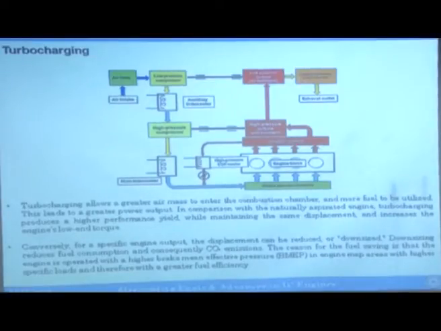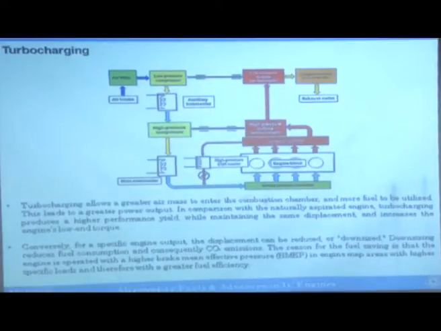So, now the effort today is to downsize. Downsize means somehow reduce the engine size, pack the same amount of energy, and the package smaller in terms of weight and volume. If the volume is small, you will be able to do other things inside your bonnet very easily, right. That is why the earlier engines used to be very bulky, but if you look at any powerful SUV and you open the bonnet, you will find that the engine is very, very small, because now everybody is going for turbocharging, and that has led to downsizing. It is a very, very important concept.